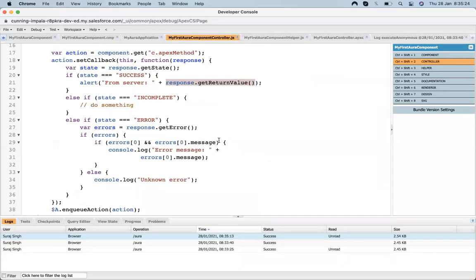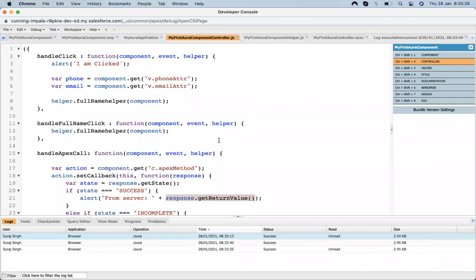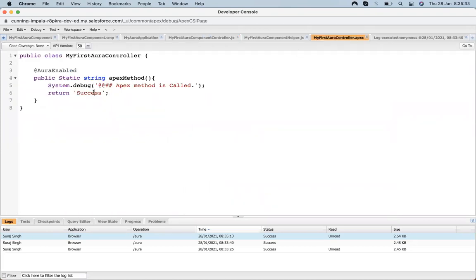Okay, so is this success the same success as the state or not? I returned this value success, that's why. Success from the Apex method, it's nothing, I'm just returning that value.